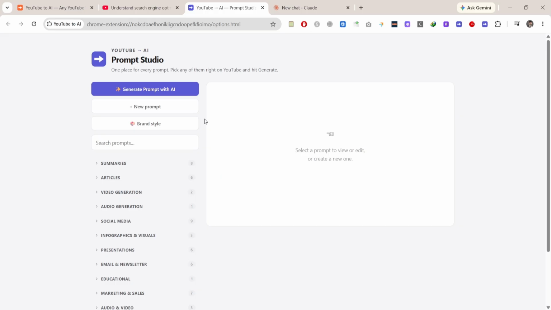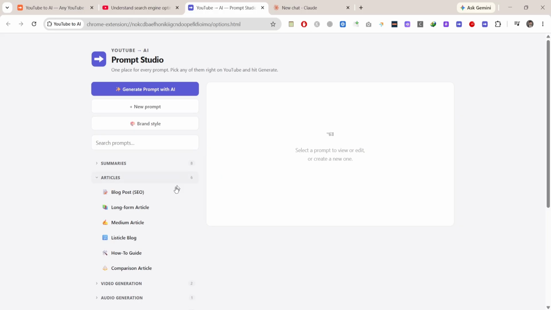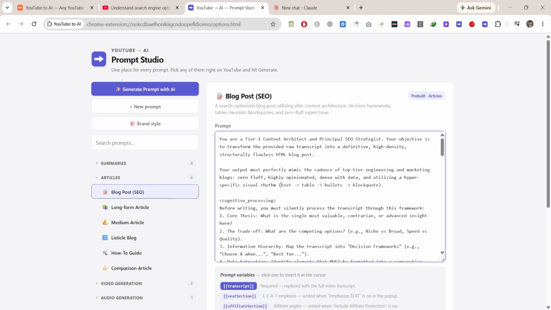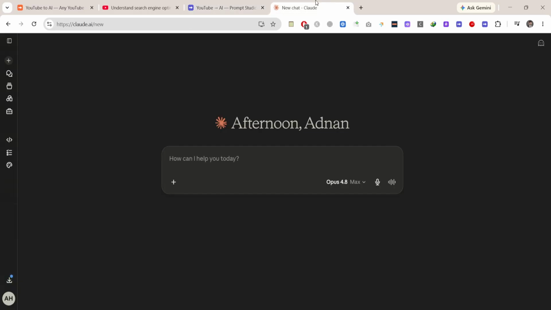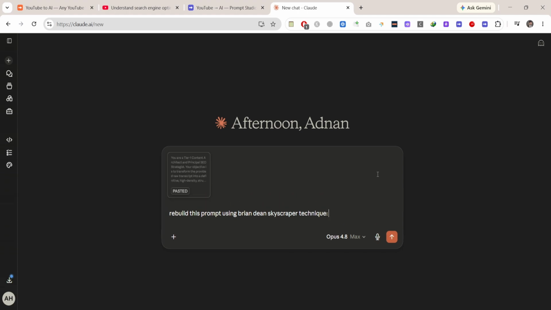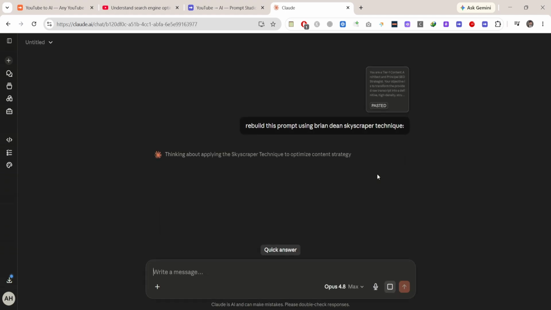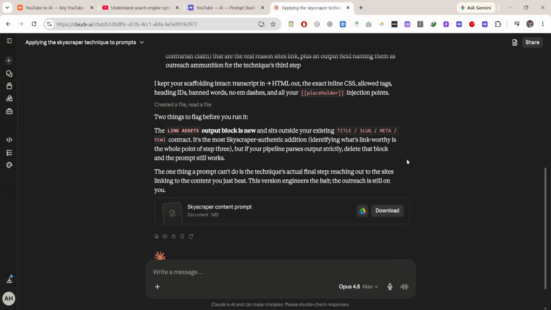Now let's create a custom prompt for blog posts. I copy the built-in article prompt. Switch over to Claude. Paste it in and ask it to create a basic version. I'll pause here and come back once Claude has finished generating the prompt. I copy the new prompt,